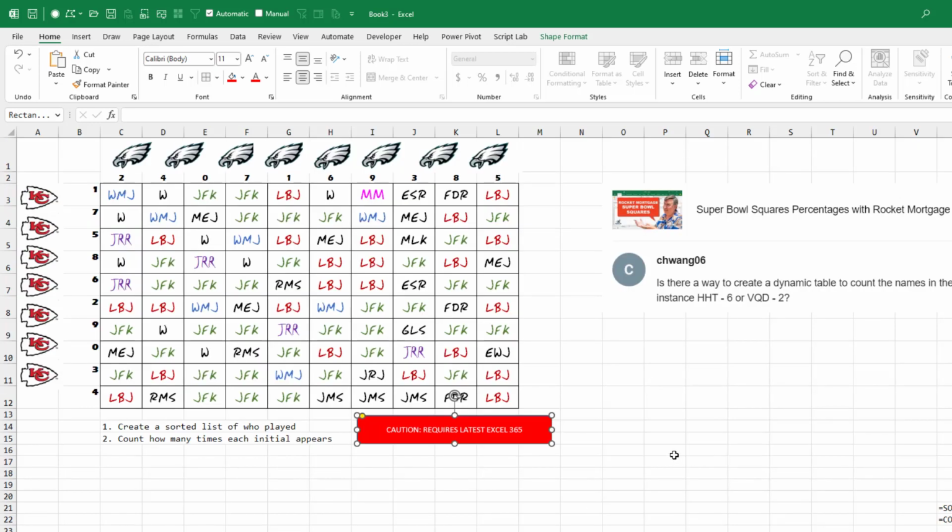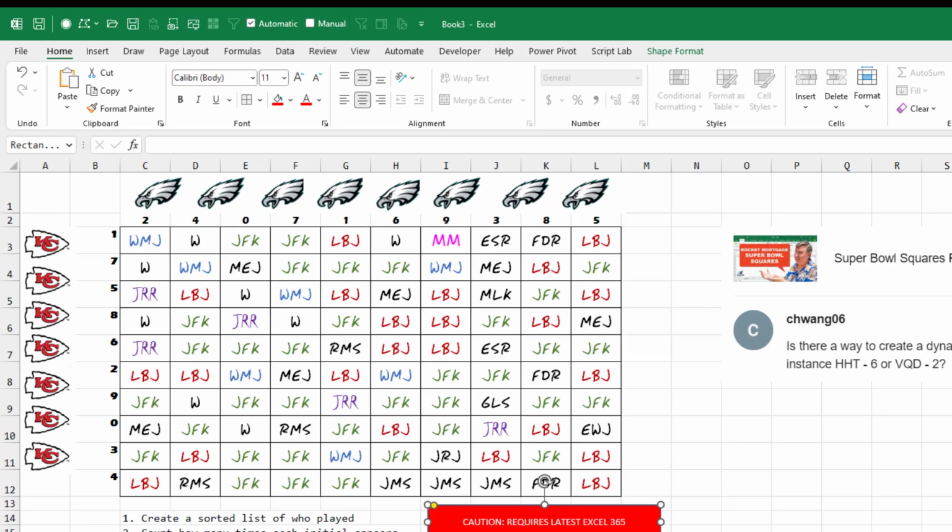All right, so here's my Super Bowl squares. Caution: I'm going to use a function here, the TOCOL function, that is pretty new. You're going to need Microsoft 365. And if your Excel doesn't have the TOCOL function, you might want to open Chrome, and in the address bar type excel.new, and that'll gin up a new version of Excel online. It will have that function.